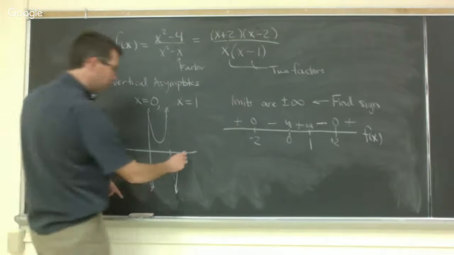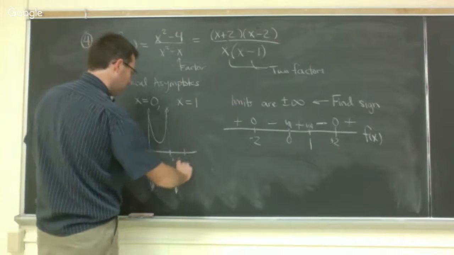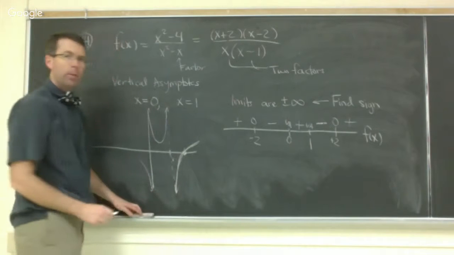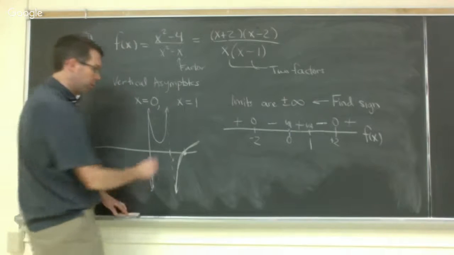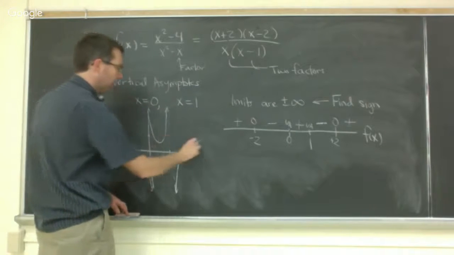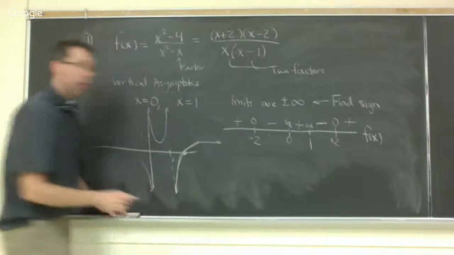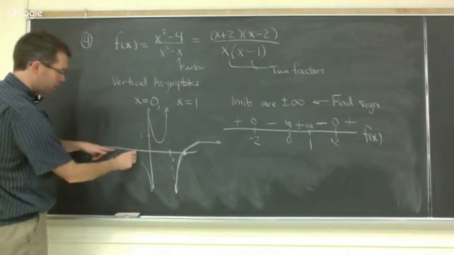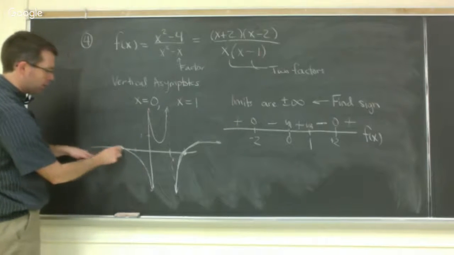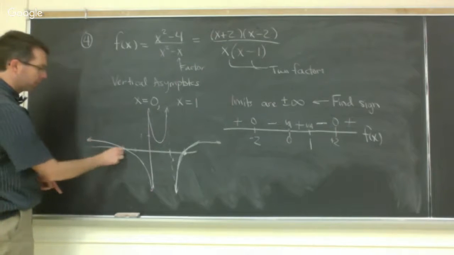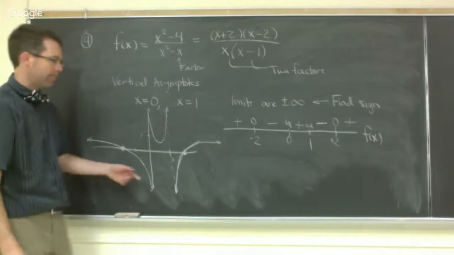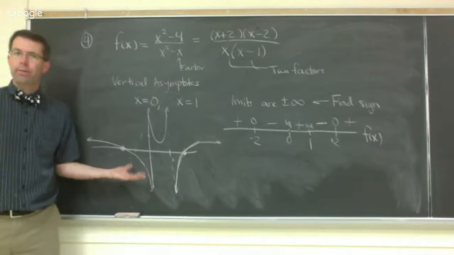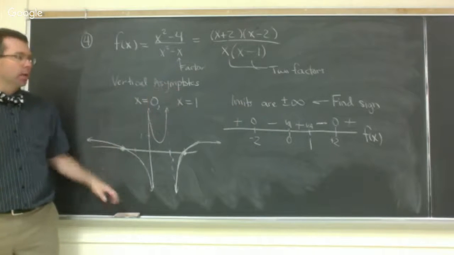At 2, that's where I cross my axis. And remember from our earlier problem, we knew there's a horizontal asymptote of y equals 1. And so this graph is going to flatten out and look like y equals 1. On the other side, it crosses at -2 and then flattens out. Okay, so we know what the graph looks like based on our sign analysis,